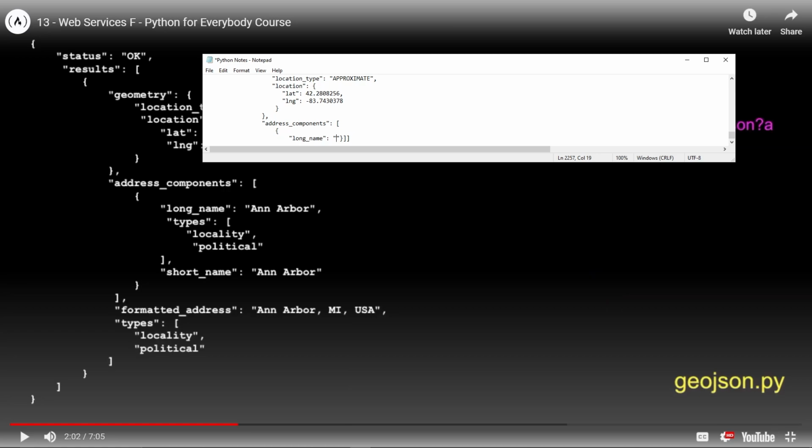We'll do Ann Arbor, comma, bring it down. We'll take this and that, copy it, drop it like this. All right. And then we'll change this to types. The long name is going to be types now. Ann Arbor is going to be a set of brackets. All right. There we go.